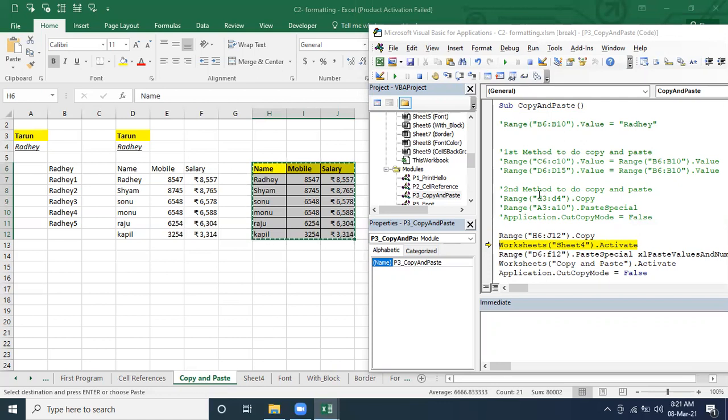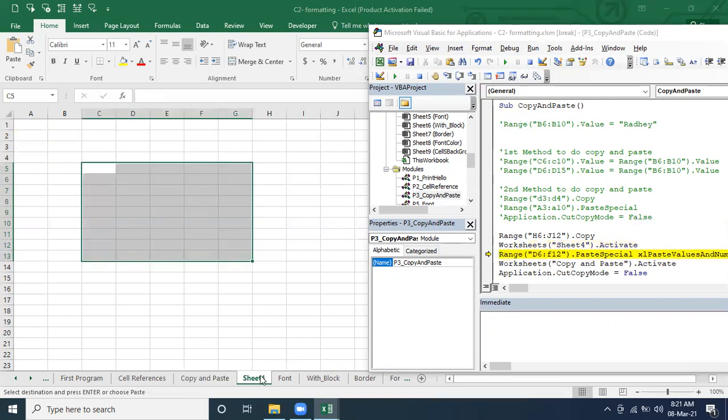So when I execute the next line, it is going to activate this sheet. Is the sheet active or not? Yes, it's active. As of now, sheet 4 is active. I didn't click manually, it's by default. Now what is it going to do? From D4 to F12 it is going to paste the value.